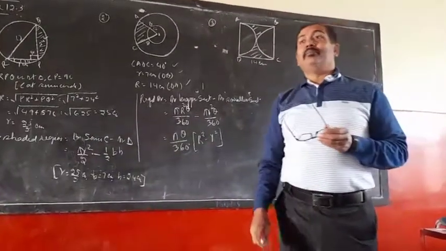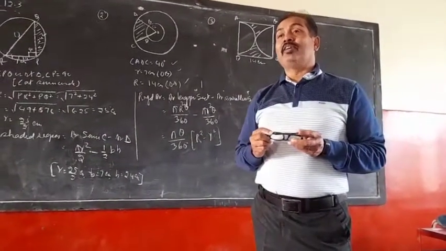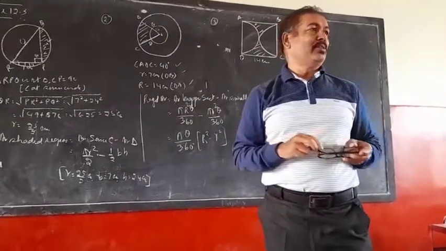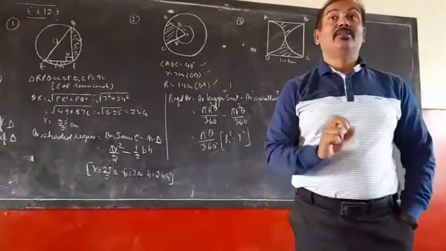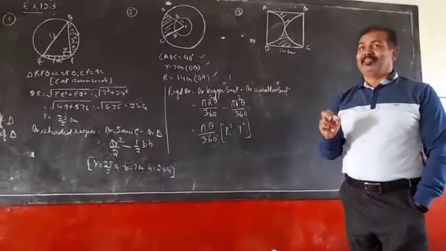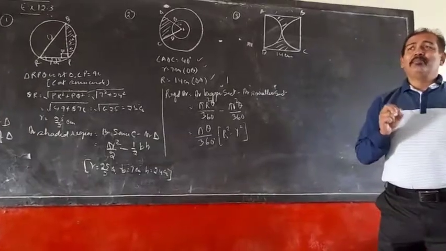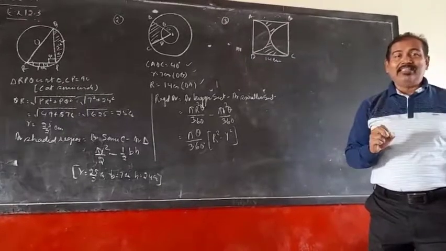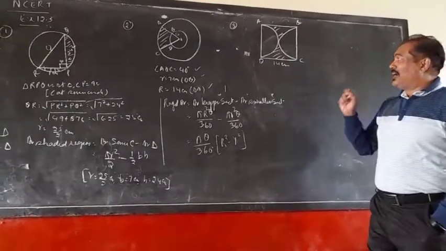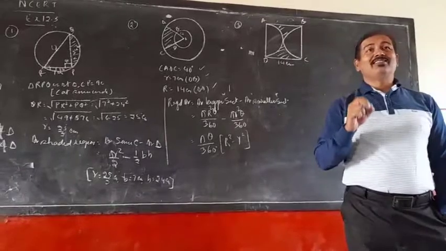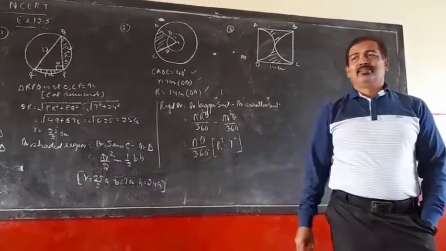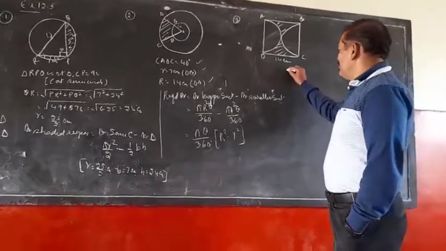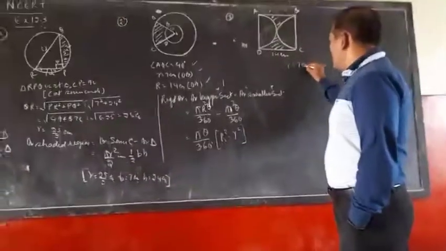Any girl, please tell me, what is the radius of the semicircle? Say, no answer, another girl, answer. What is the radius of the semicircle? Someone, girls, give me an answer. Simplest question I am asking, my dear students. Side is equal to diameter, and diameter is 14 centimeter. What is the radius? Girls, their minds are not working. Radius is equal to 7 centimeter.